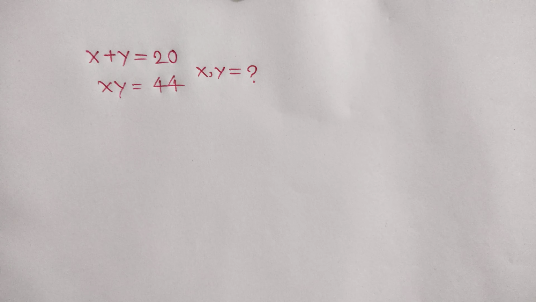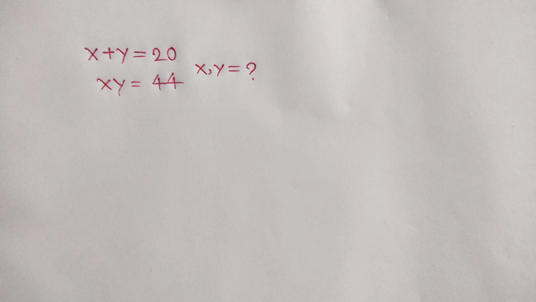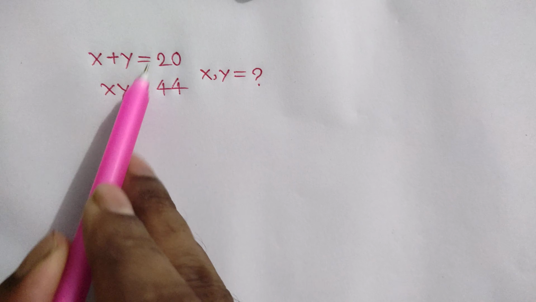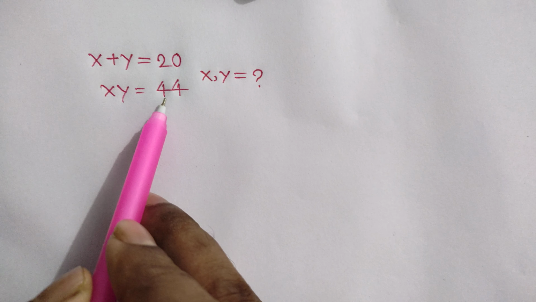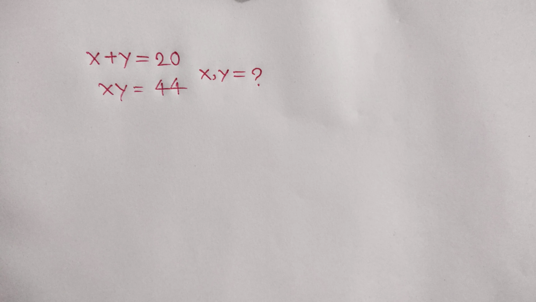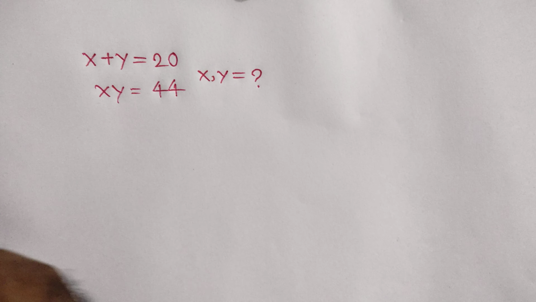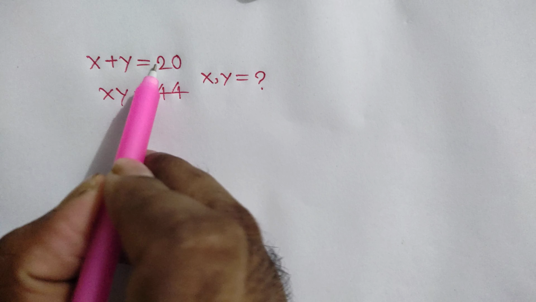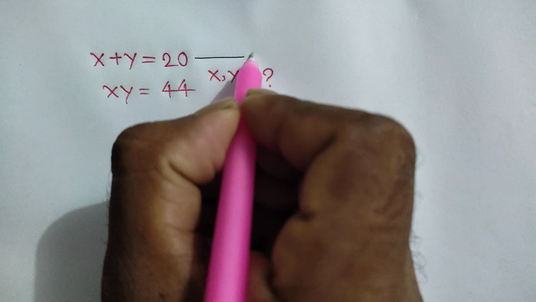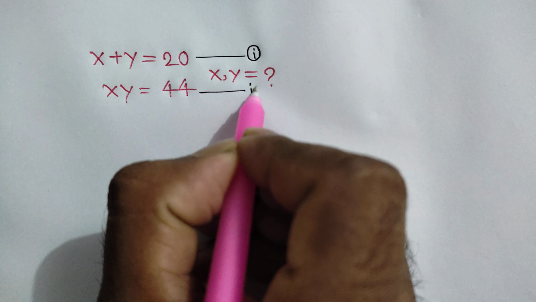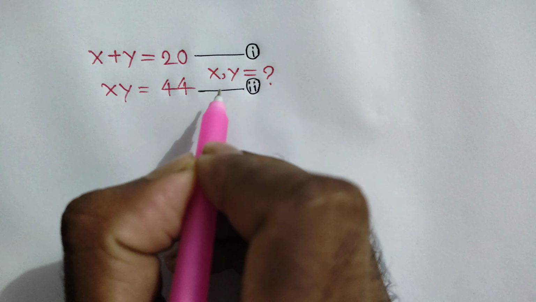Today I am going to show how to find the value of x and y where x plus y is equal to 20, xy is equal to 44. How to solve this Germany Math Olympiad problem? Okay. x plus y is equal to 20, it is called equation 1, and xy is equal to 44, it is called equation 2. Now from first equation,